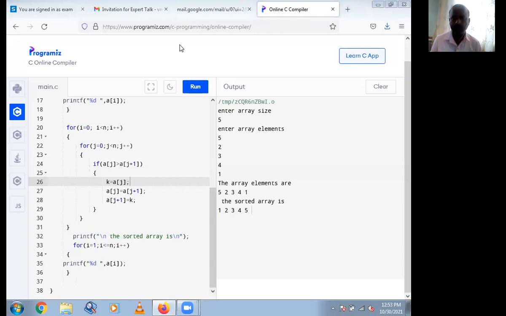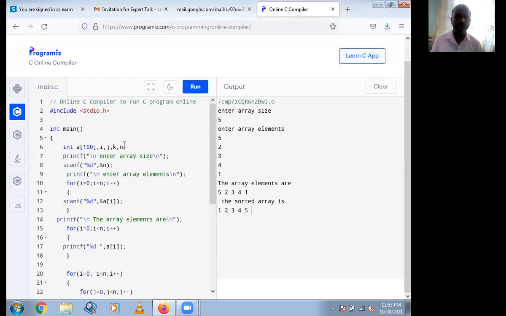Next, we are going to see the binary search concept. For binary search, this part is required. So for binary search, we'll take one variable, suppose p, for the search key element, and next three variables, low, mid, and high. Okay.